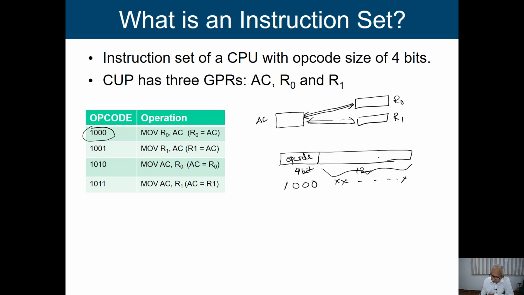Now since I have these 12 bits with me, I can think to utilize them also. In that case, I can merge these 4 move operations into one instruction itself. I'll say that this is when I am going to have 1000. It says that this is the instruction for move, and the move operation we are going to do is either transfer from accumulator to R1, or R1 to accumulator. So in that case we can use this bit pattern.